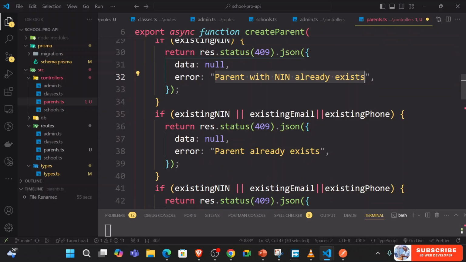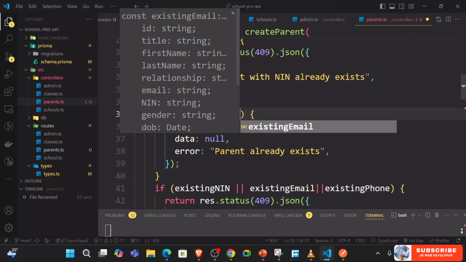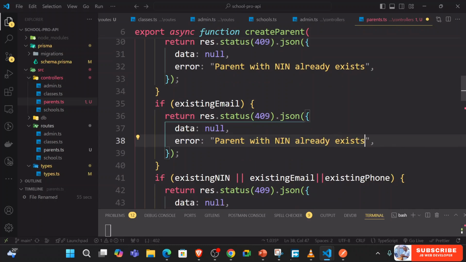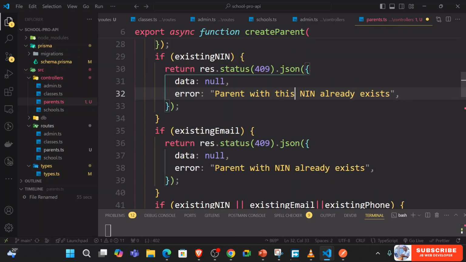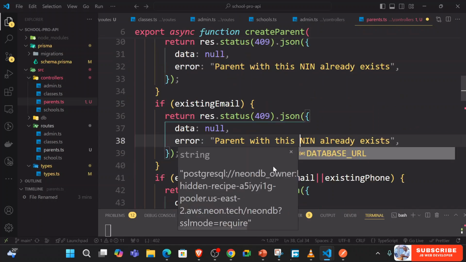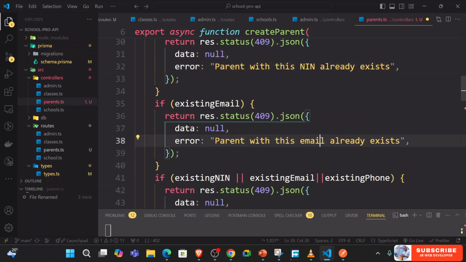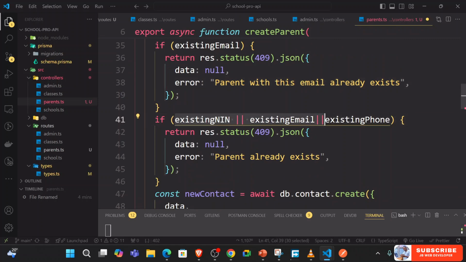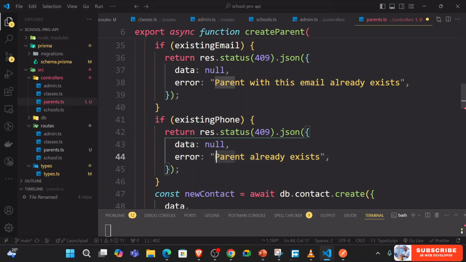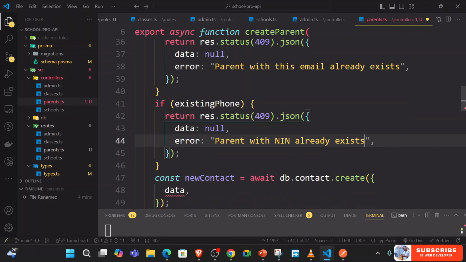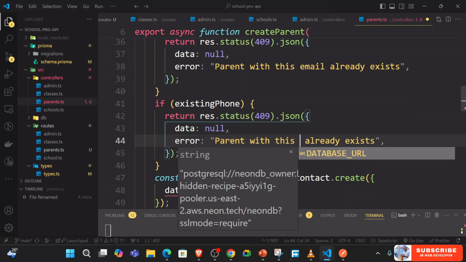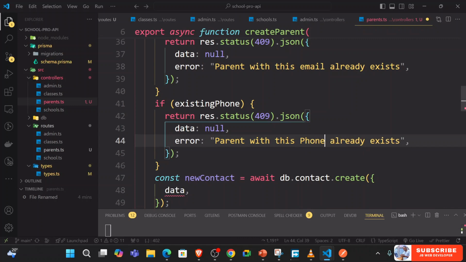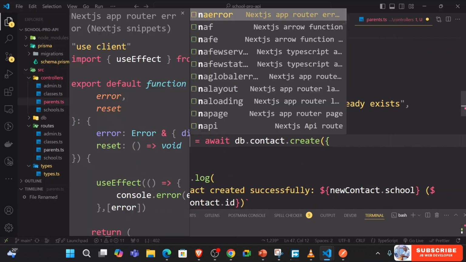So the second one is going to be email, and you could just give this parent with this email already exists, and then lastly phone. So just do this. As we said, we're just going to work on with this. Okay, so now here you can say new parent